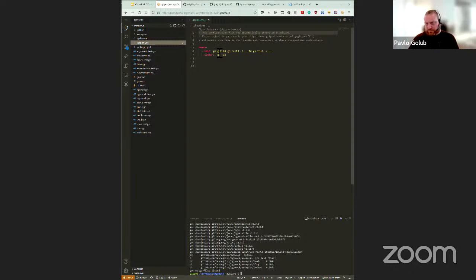So here we have go get, so we get all sources and dependencies, then go build, go test, and then go run. If we had some kind of application in our repository, when we open it, it would run right away, providing some functionality. Okay, so